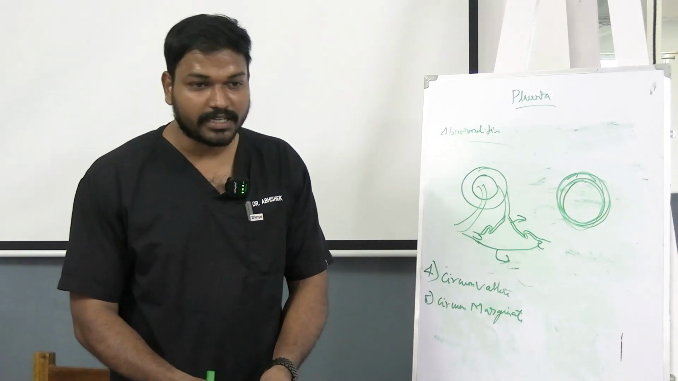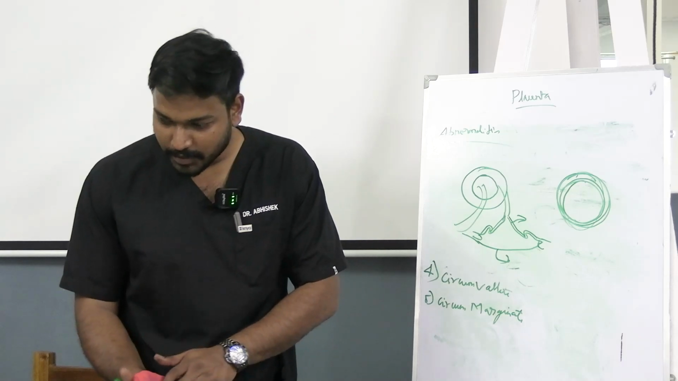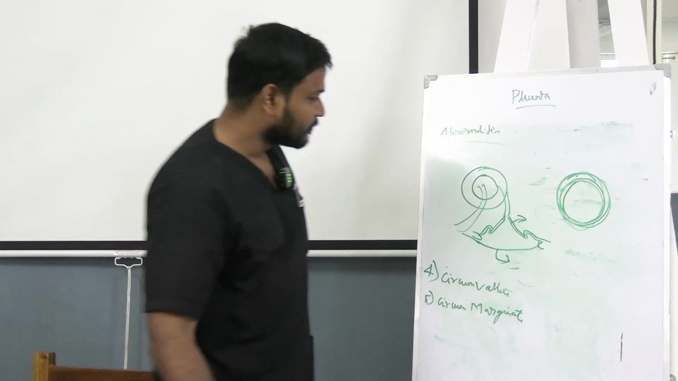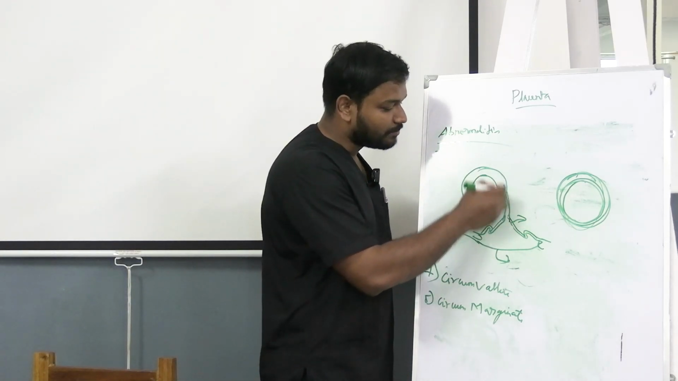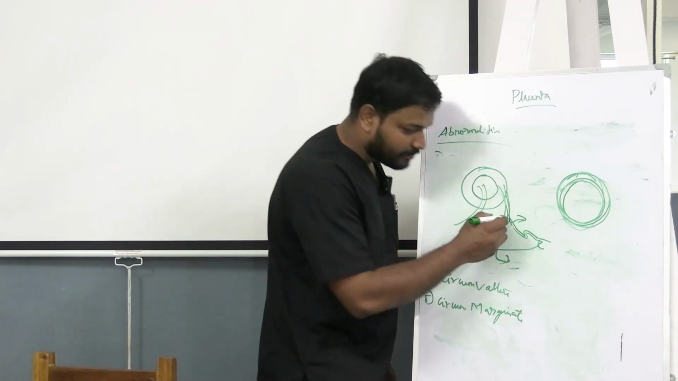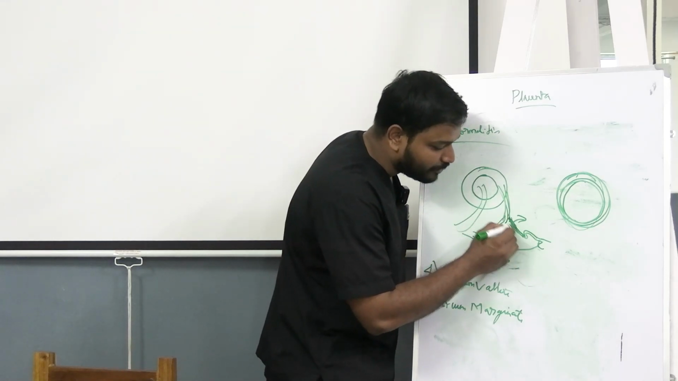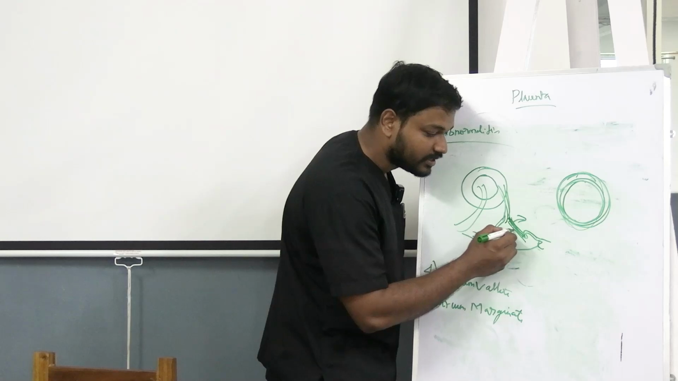What is the name of the maternal surface? Decidual plate. This is the chorionic plate, and this is the umbilical cord. On the chorionic plate there is an amnion membrane and a chorion membrane, and there is a